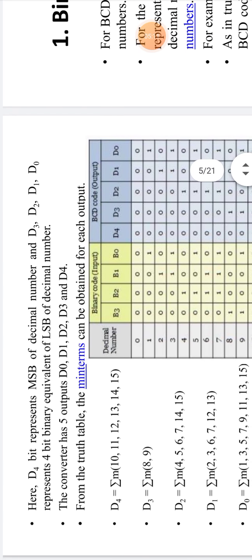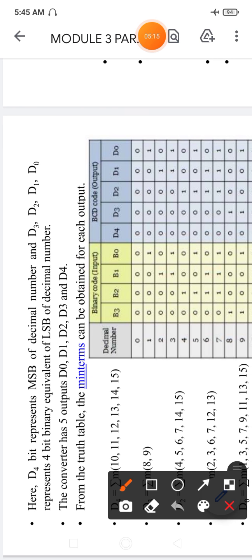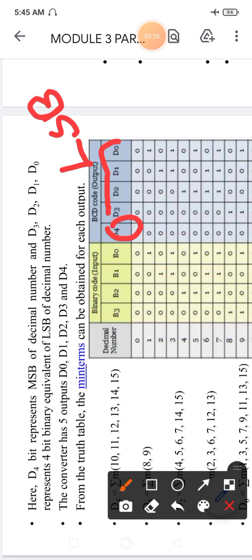The most significant bit is represented by D4, and the least significant bits are represented by D3, D2, D1, D0, while the MSB is represented by only one bit, that is D4.